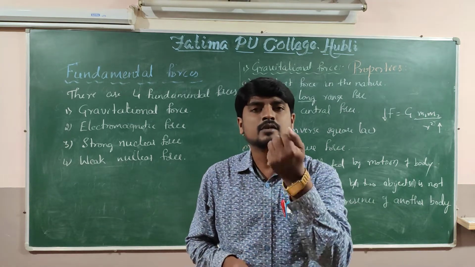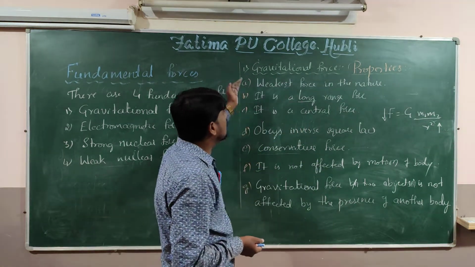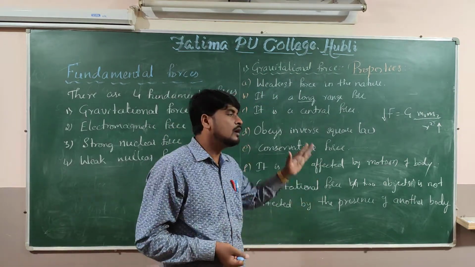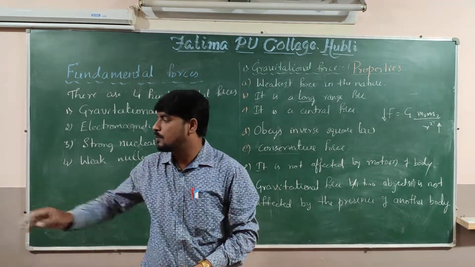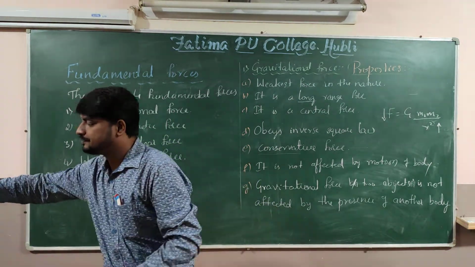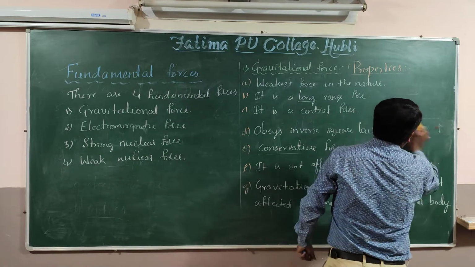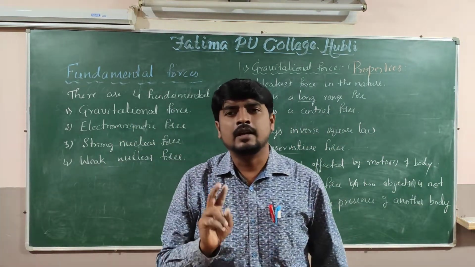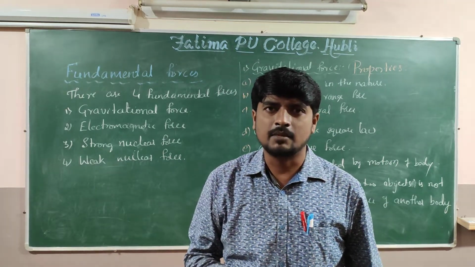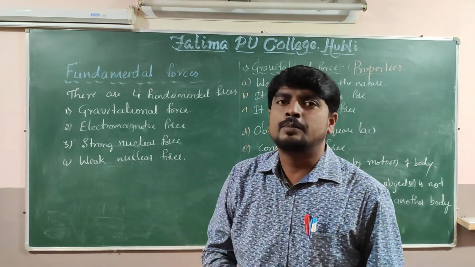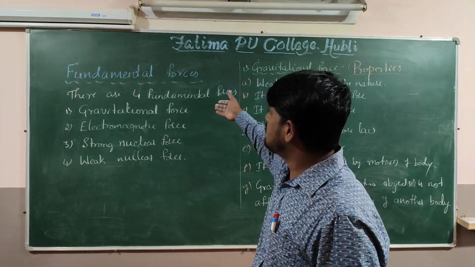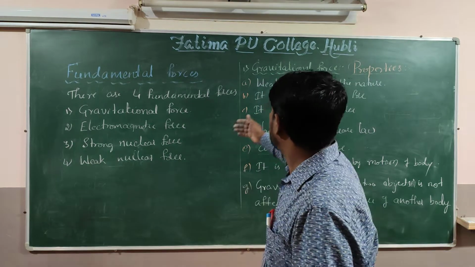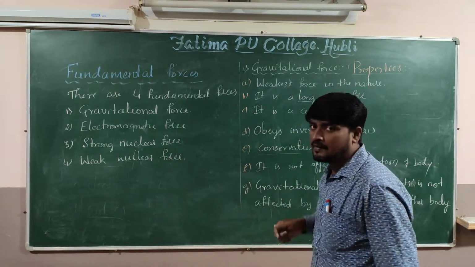Understood this? So now, with this, you can conclude the properties of gravitational force. Still many are there, but for your level, this much of properties are sufficient. Now, friends, from this chapter, it carries only 2 marks in the annual examination. Instead of asking for 1 mark, say, name the weakest force in nature, gravitational force.